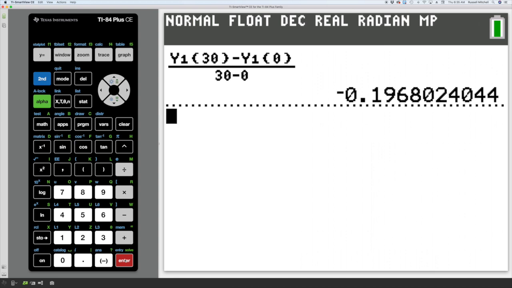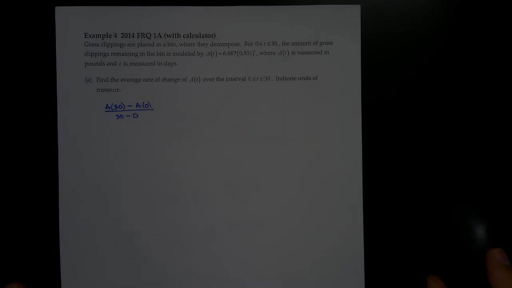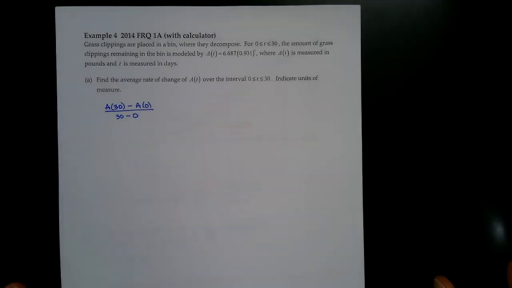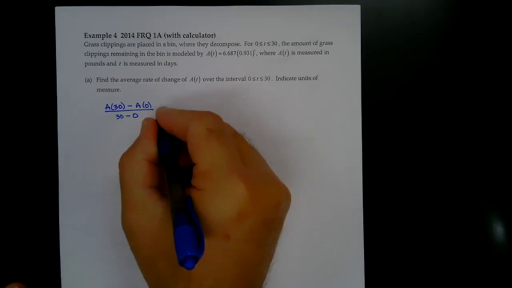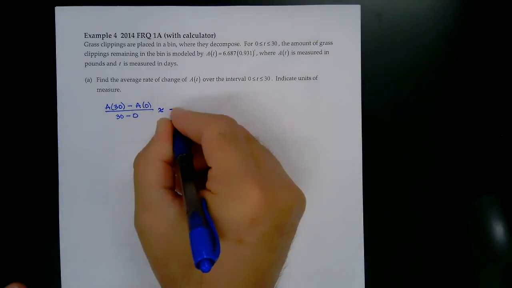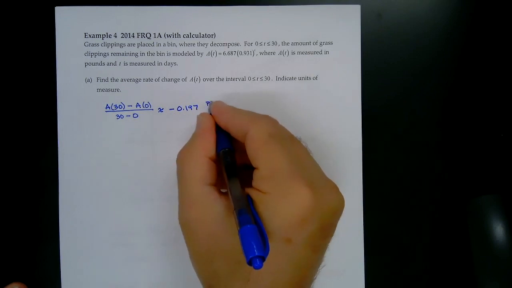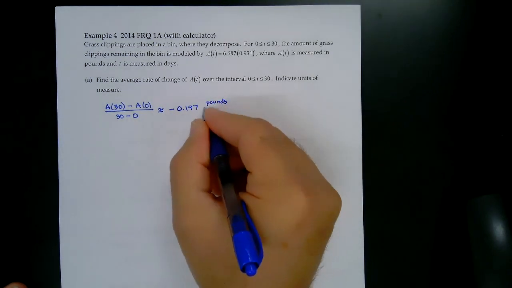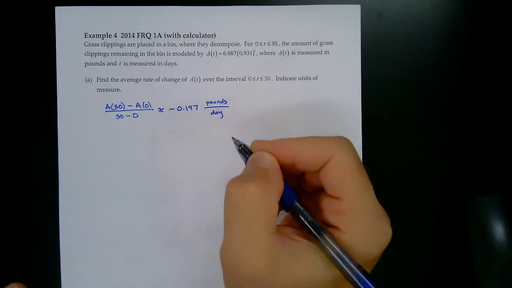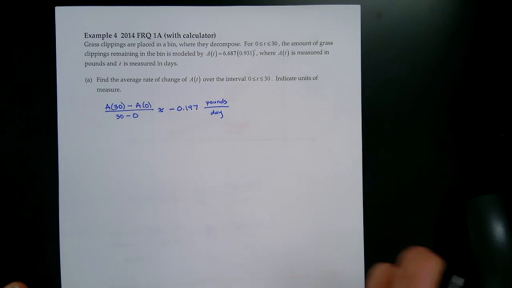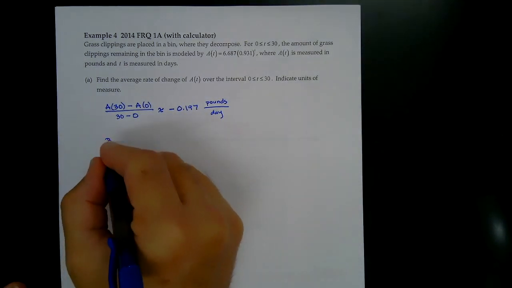All right, so that's our average rate of change for A of t. We're just finding the average rate of change for this. So from our graphing calculator, we see, and we're going to round to 3 decimal places, this turns out to be negative 0.197 pounds per day. Okay, so the write-up on this, and we need to learn to write this up, between